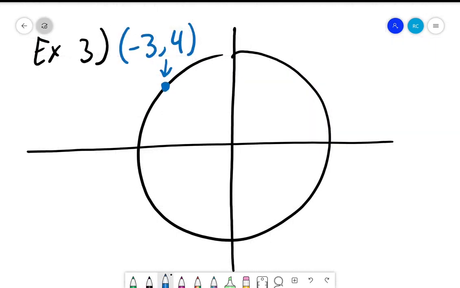In example 3, we still have a circle that is centered at the origin, but we don't know what its radius is. We only know that one of the points on the edge of the circle is -3, 4. So we already know that the x squared plus y squared part is going to stay the same because this is centered at the origin, but we need to know what's the radius. Once we know the radius, we can write this out. Well, okay, the radius is right here,